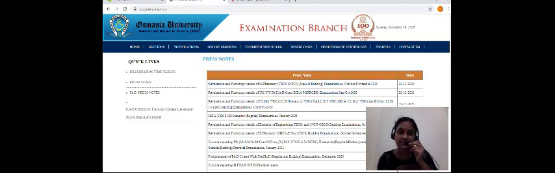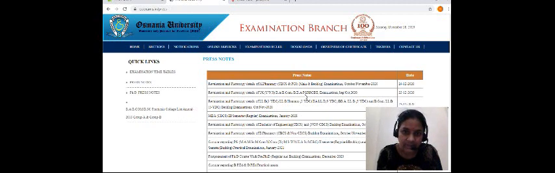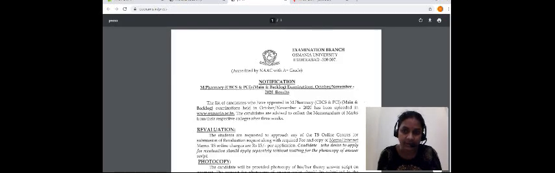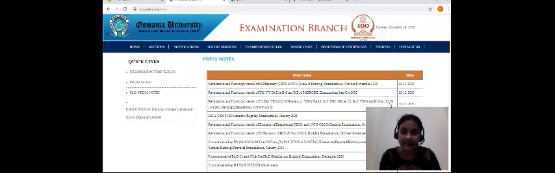This is a note. This is the heading of the table. How many rows do we have here? Two rows, the first row and the second row. The headings of the row are the date and the press note. Suppose here we have BCom revaluation, photocopy, backlogs and so on. Anything that we make in this form is a table.